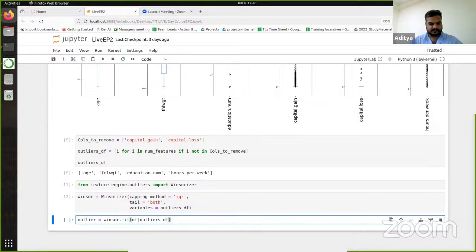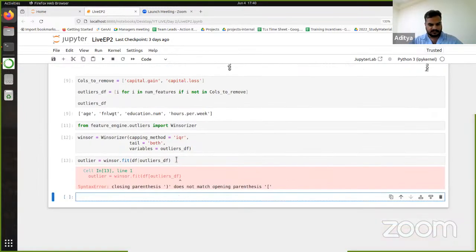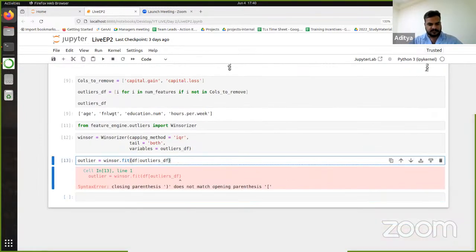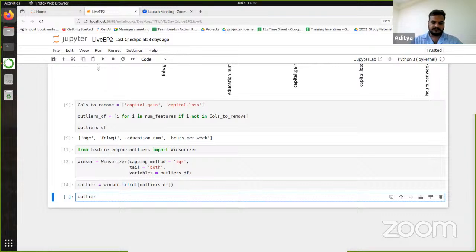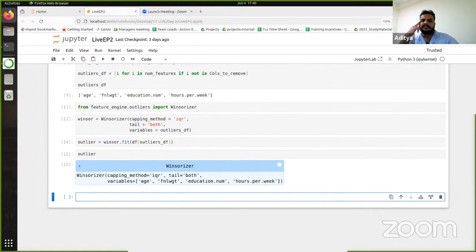Okay, so I did not close the brackets properly. Let's see. There you go. So then we will take outlier here. Okay, and you can see the Winsorizer method has been applied here, on which columns as well. Yep. Then